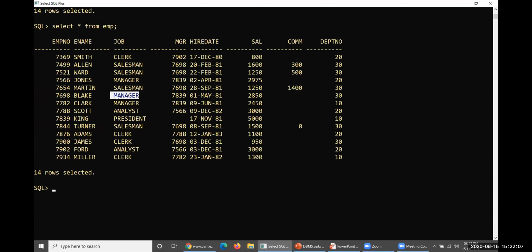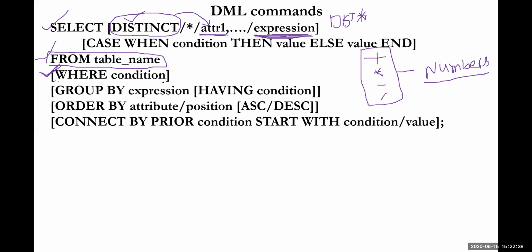Only the people whose job is manager should be displayed, and everything else should not be displayed here. So you have to operate some kind of restriction, some kind of condition, which could always be used to display here. For such operations, you go ahead and operate with the WHERE clause. The WHERE clause is very useful to restrict or filter the data based on the actual data available within the table.